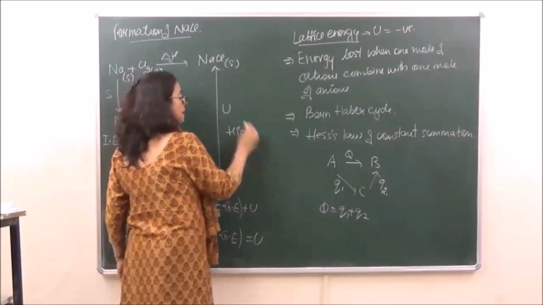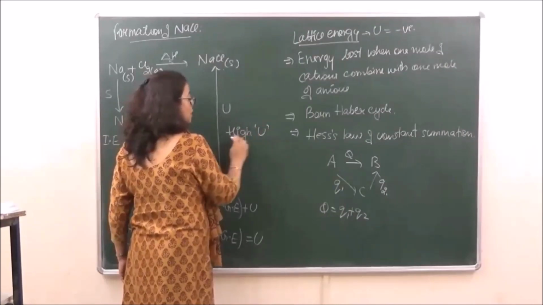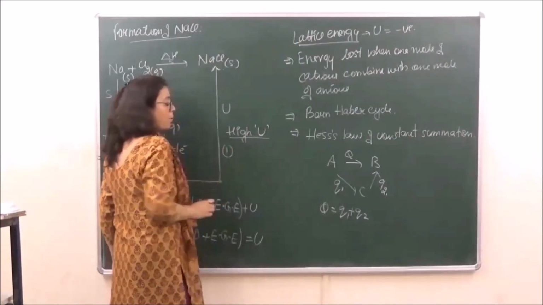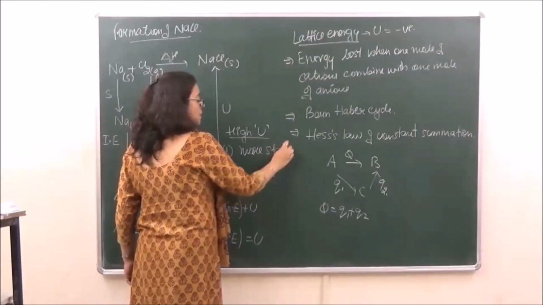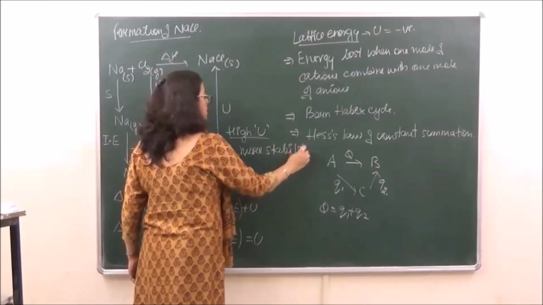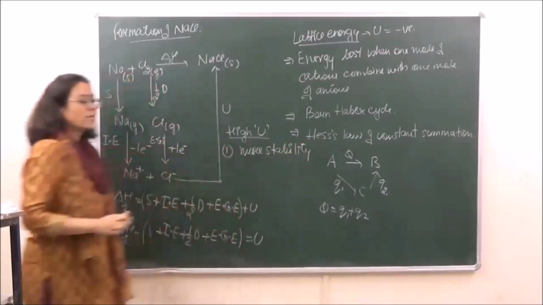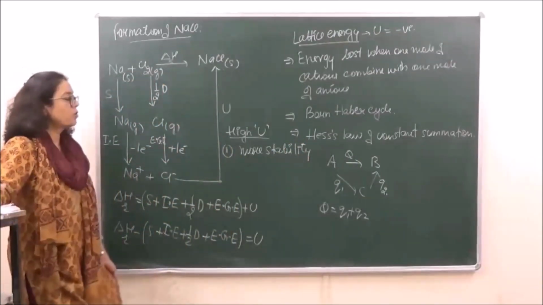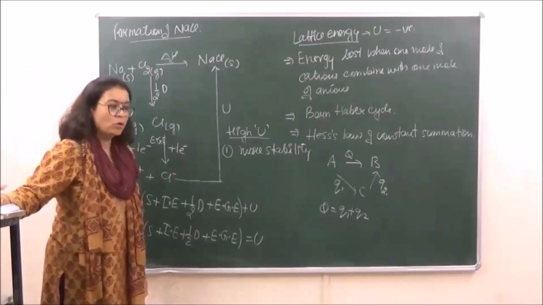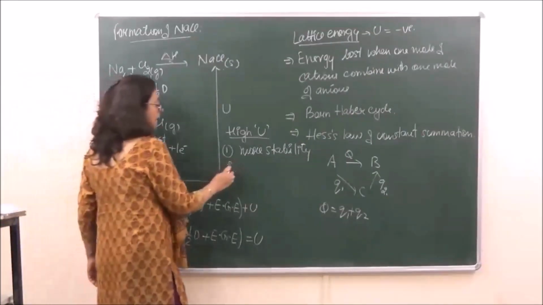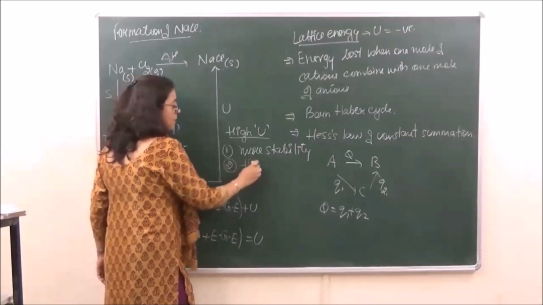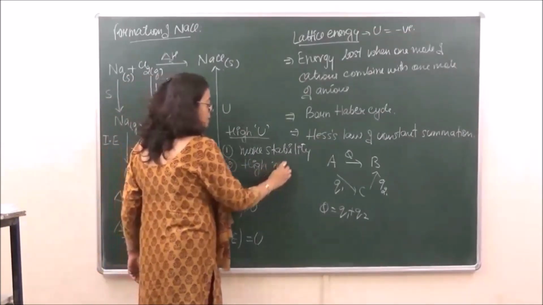All those which have high values of lattice energies, number one, are going to be more stable. Why more stable? Because the system that is losing energy becomes more stable. Okay? Then number two, all those having high lattice energies have high melting points,